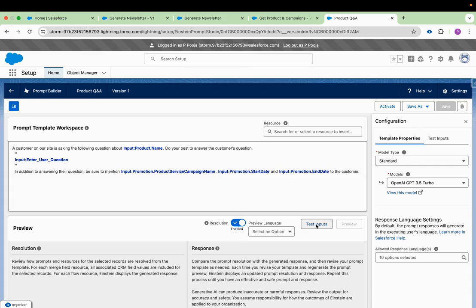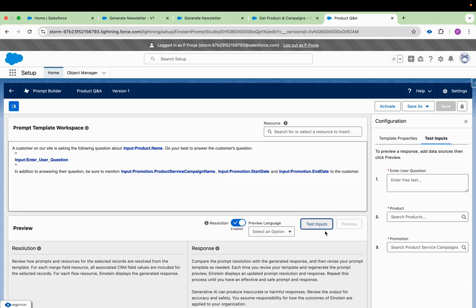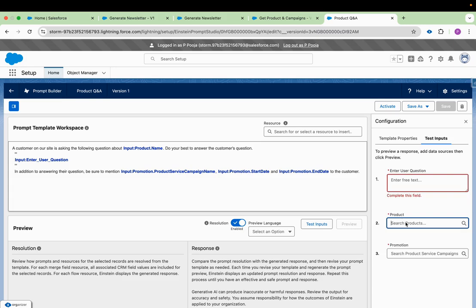Now let's test our template. So you can click on this test inputs, and you can see on the right hand side we are getting the option for entering the free text content here in this input variable, and here we are also getting the inputs object sources where we can select the records. So right now I'm selecting the product record for which we want to do the query. Now in the promotion also I'm selecting any random record which is related to this product, and in the question I am asking,